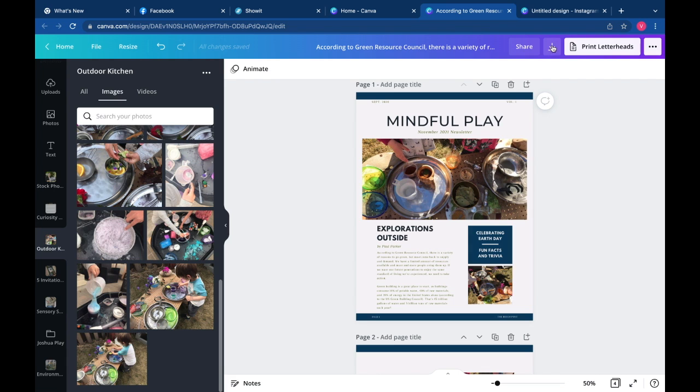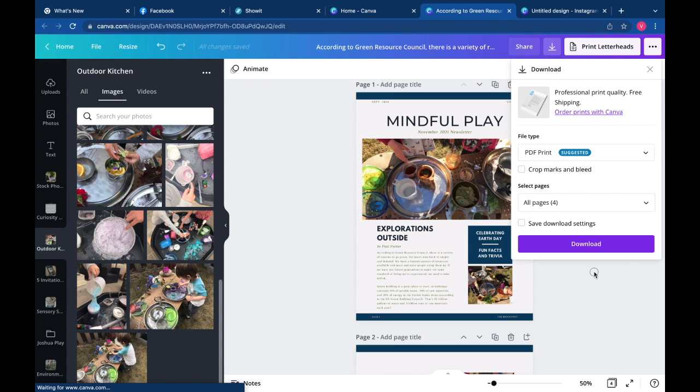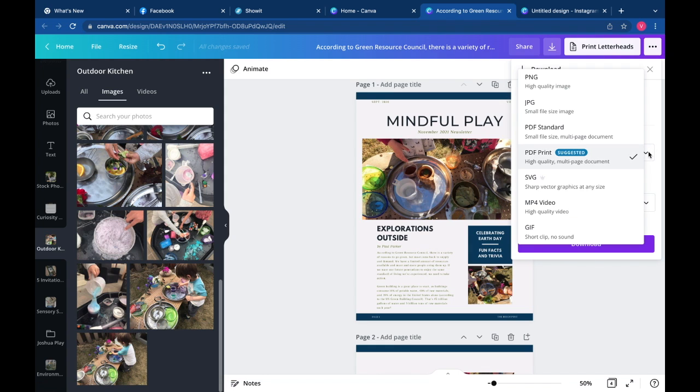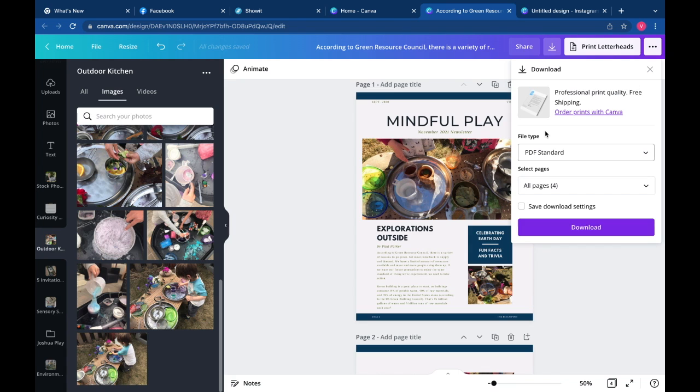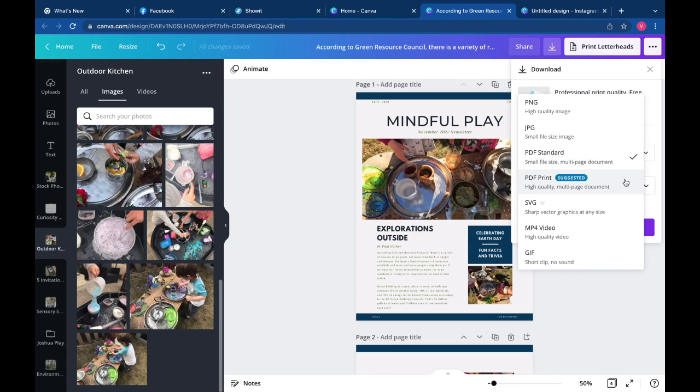So you go to this download button up here with a little down arrow. And then you're going to choose, I always do PDF standard because it makes the file smaller, especially for emails or uploading to wherever you need to be. So I do standard, and then you can choose what